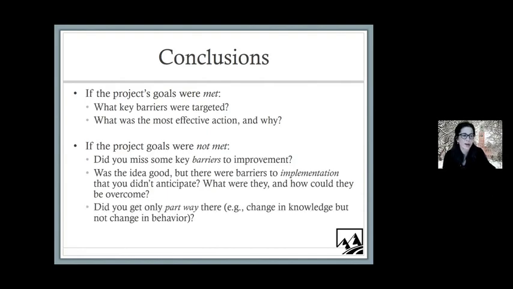Did you get only part way there? So you maybe changed knowledge base in your target population, but you didn't change behavior. These are all things that you want to know and acknowledge in your conclusions in your report. Did the intervention produce results on other important outcomes instead, that were unanticipated outcomes? This kind of thing. What I like to see in the report writing that comes out of an evaluation exercise